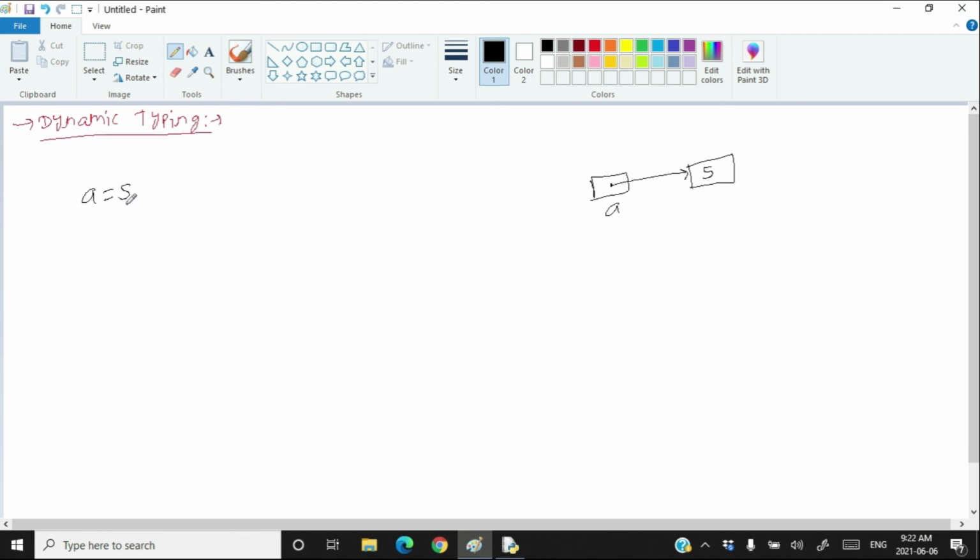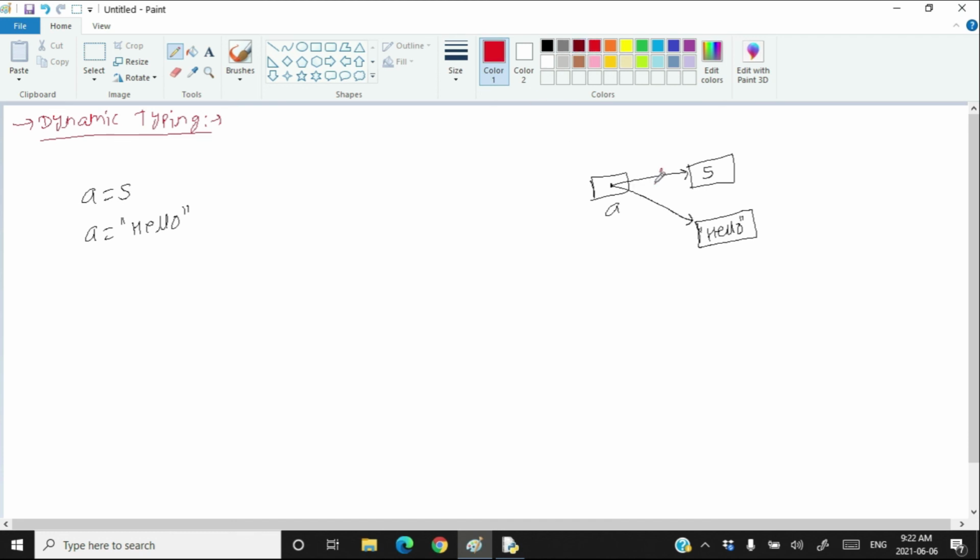5 is a whole number, an integer. But later on, I can store a string, a text, in a. So now a, instead of pointing to 5, starts pointing to something called hello. Type of hello is very different from type of 5. Type of hello is text, a string.